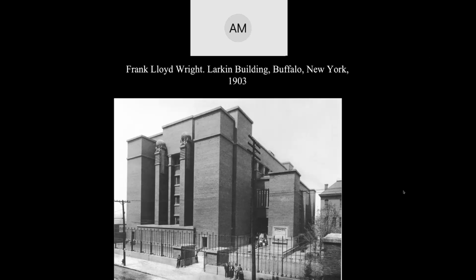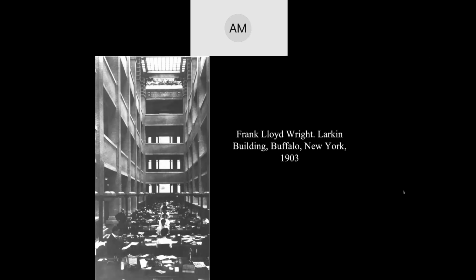You can see it's very massive on the outside. There's a skylight in the middle, and this is the interior. This was something that was done in tall buildings in the 19th century, building a light well. If you had a building that was tall, multiple floors, 8 stories, 10 stories, 12 stories, or more, the electrical lighting was pretty weak in these days. So lighting the interior of the building was challenging. And the light well allowed natural light to come down the center. So you got this big cavity in the middle of the building,